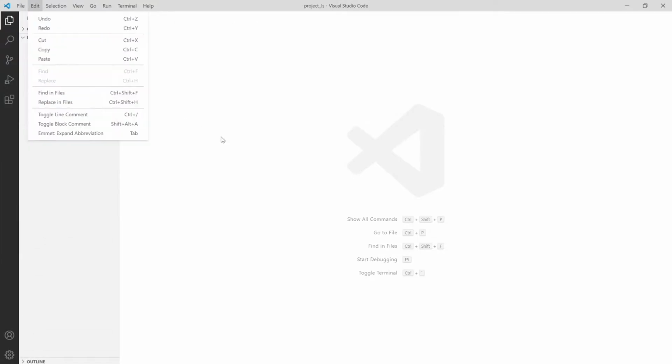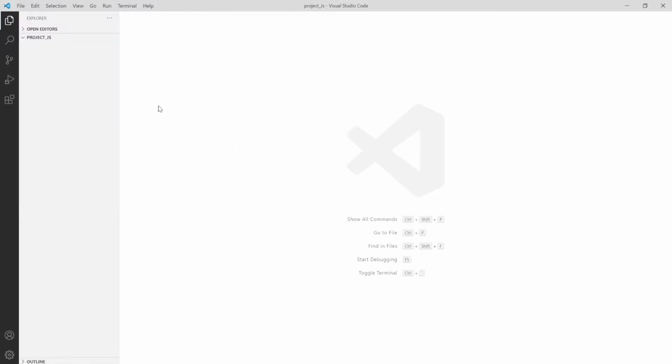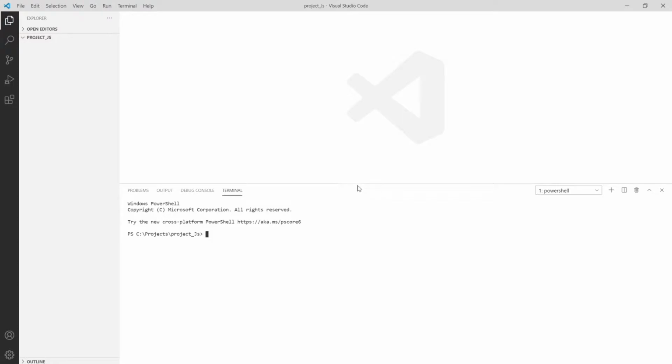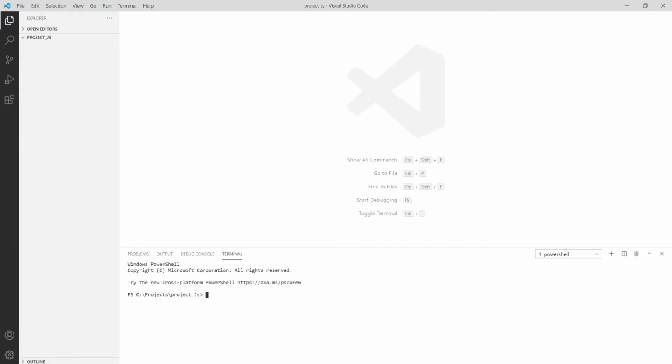Firstly, you can open the terminal. You can open it from the File menu, or from here, New Terminal, or press Control Shift and the key just below your Escape key. The terminal is open over here. Let me minimize it a bit. You can write cmd over here, and as you can see, it's converted into cmd.